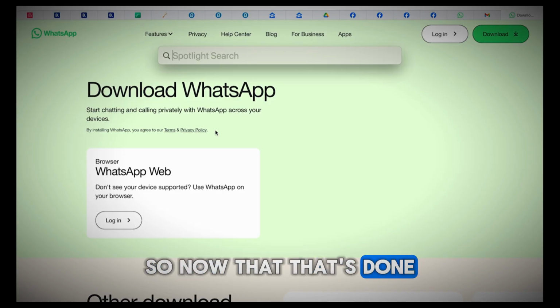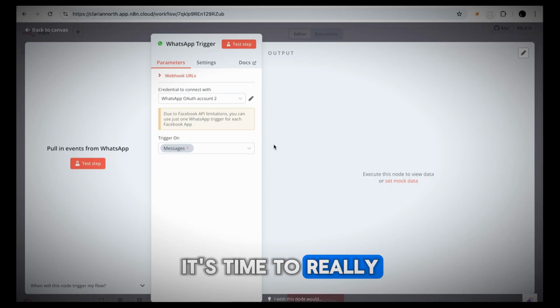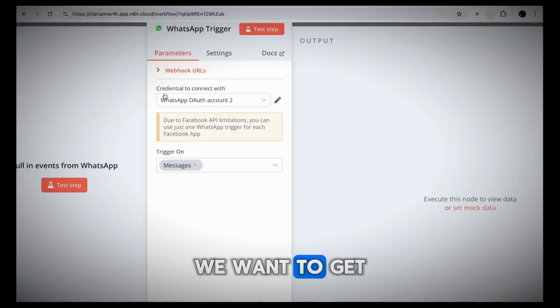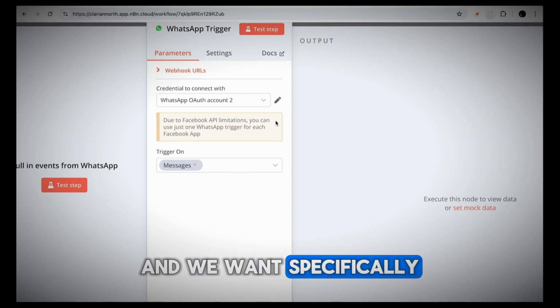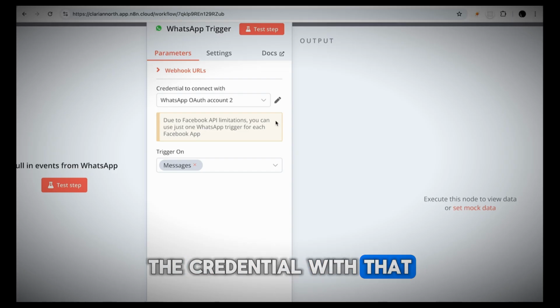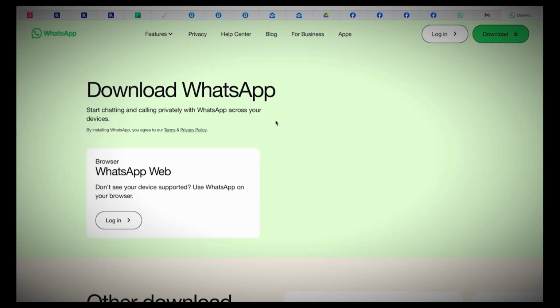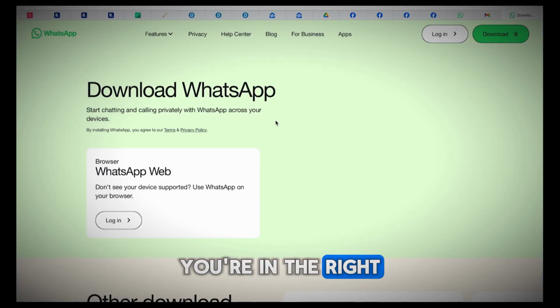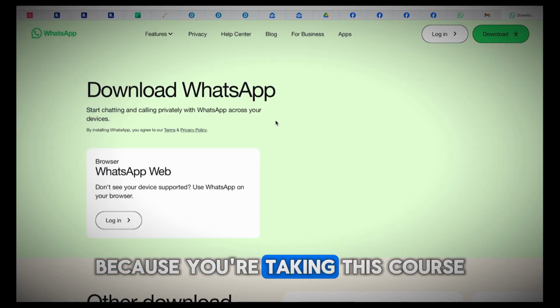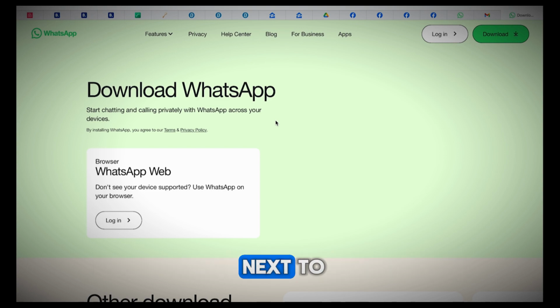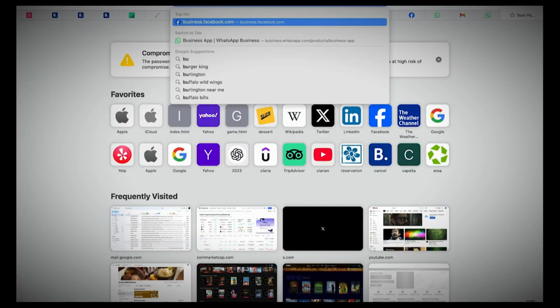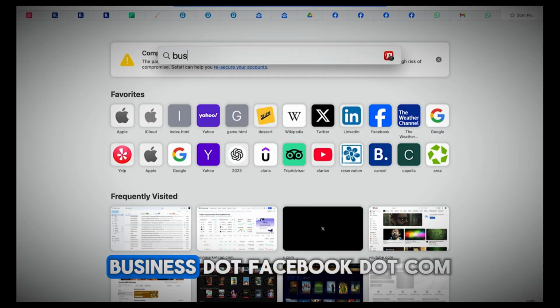So now that that's done, it's time to really get down to business. We want to get this credential. How do we get the credential? And we want specifically the credential with that account. Well, I'm glad you asked. You're in the right place, obviously, because you're taking this course. We want to go next to, I'll put this here in the spotlight,